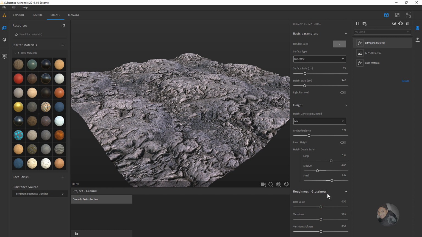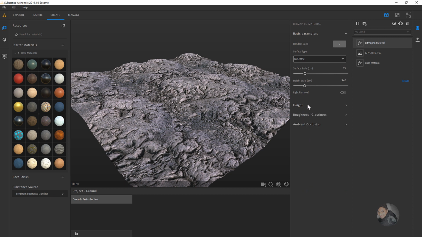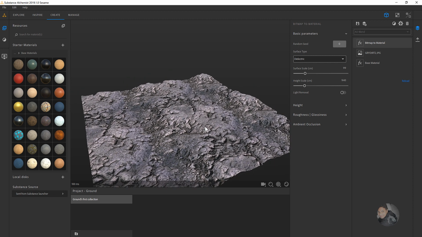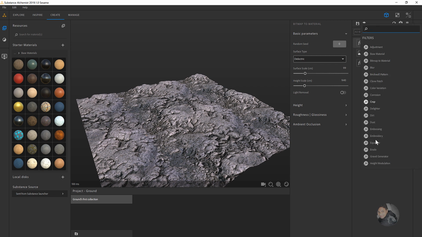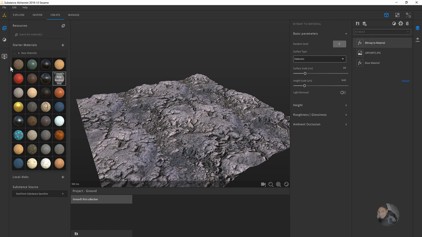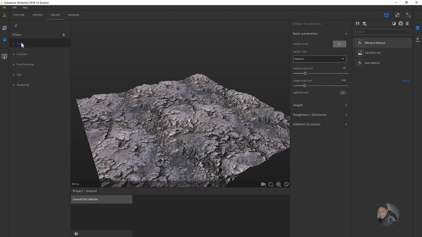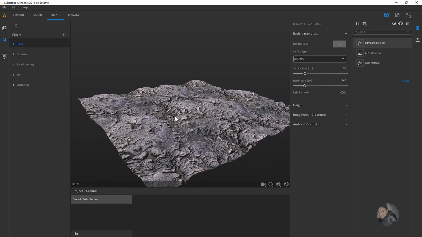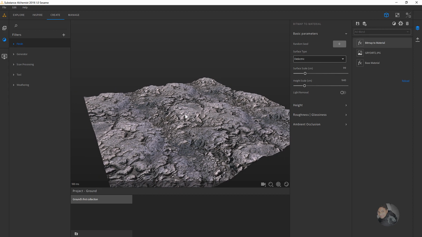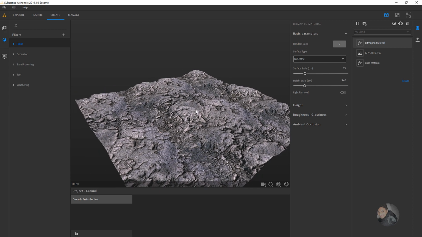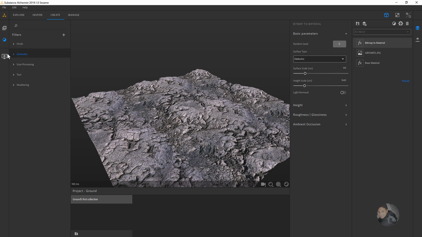Now I'm not going to play with the roughness, I'm just going to keep it off, but you can play with this around and find something interesting. So I'm going to grab this. Now we can go further, and we can actually use these adjustments or filters, or you can come over here to filters. You have these five categories which allow you to play with this. So we can start with the weathering, but before that we need to finalize this texture. It's kind of glowing right now. So what we can do is